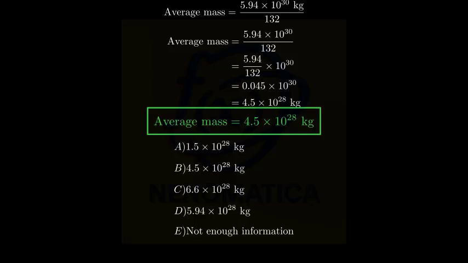6.6 times 10 to the power of 28 kilograms, D. 5.94 times 10 to the power of 28 kilograms, E. Not enough information. Our calculated average mass is 4.5 times 10 to the power of 28 kilograms, which corresponds to